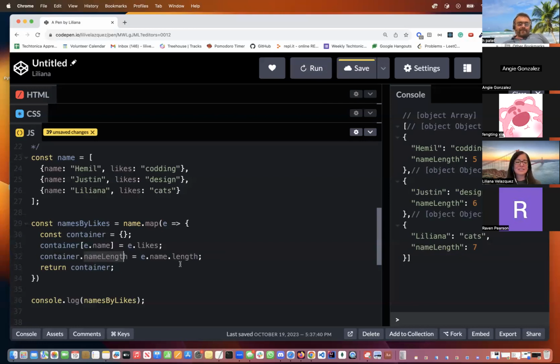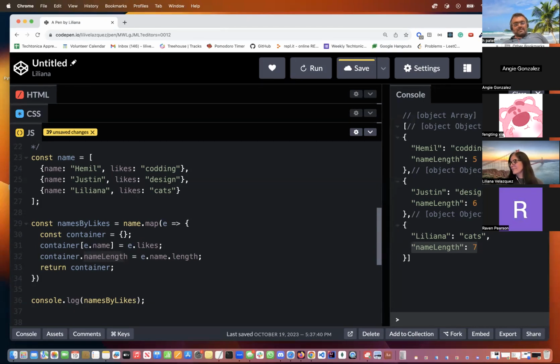Yeah, so this is pretty much like the exercise we did before, right? We are creating a new container and getting stuff or changing values or counting, in this case, how many characters. In this case, what happened is we have a name component and a name array. And then when we do the map, it takes each element and does something with it, right? In this case, we are saying for each element, just